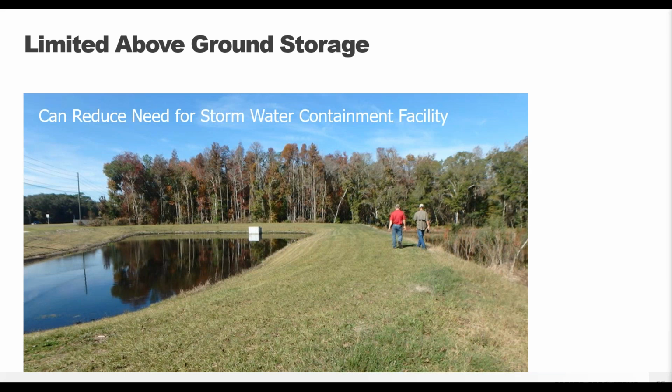So pavements that do allow for water to flow through the surface into your base course can reduce the requirements for stormwater storage at the surface. This is a sort of local regulation. You do need to check with your local stormwater regulation to confirm that they'll allow something like this, but storing water underground is a great option to not have to build big retention ponds at the surface. And so the porosity and how much storage ability you have within your porous pavement is going to be project dependent, but it is something that we can help you determine, and we can help you with your local stormwater regulations as well.